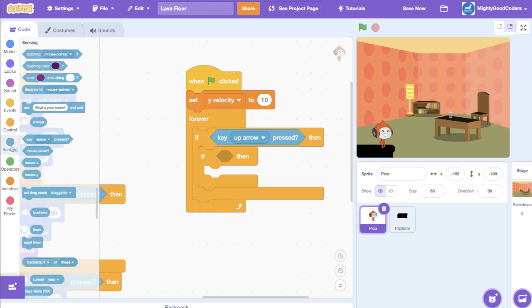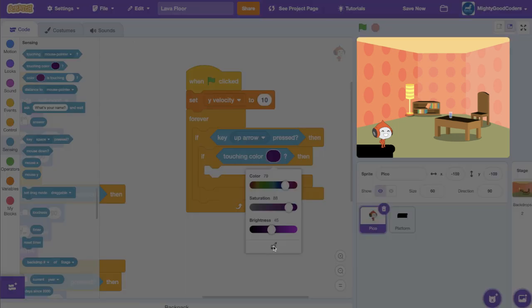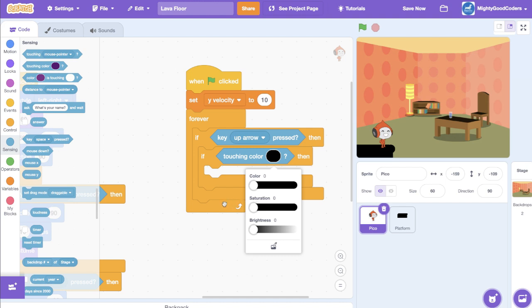Let's get our sensing block, and we're looking for the touching color block. Drop that in here, and then to ensure that we're doing the exact right color, let's click on the little circle and click on this little tiny eyedropper here and go over to our game and see I can click on any color in here. I want to click on the platform color, and that'll match it exactly. Looks good. Okay. So this now says if I'm pressing the up arrow key and Pico is touching black, then